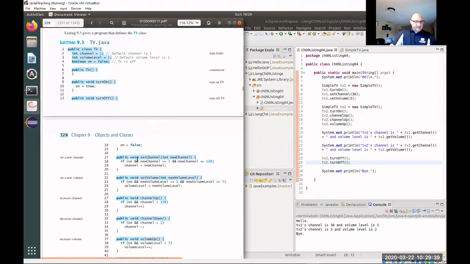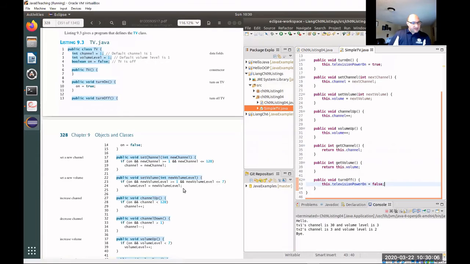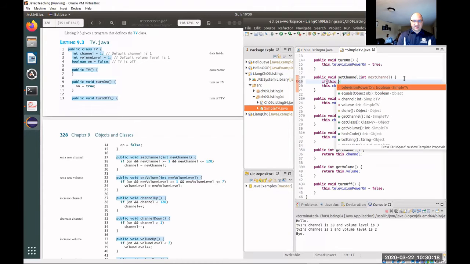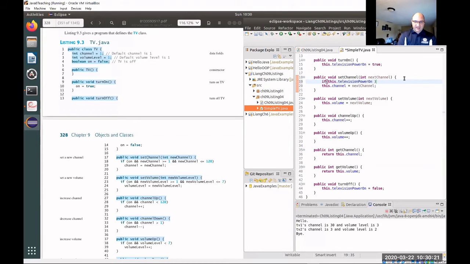And then set channel int. So they did theirs a little bit funny, right? They said if the television is on and the new channel is greater than 1 and the new channel is less than 120. So the television has to be on and the new channel has to be within an acceptable range. Okay, well, let's go ahead and modify our code then. So the first one they have is set channel. So here's set channel, and in the code they simply said if this dot television power on, and